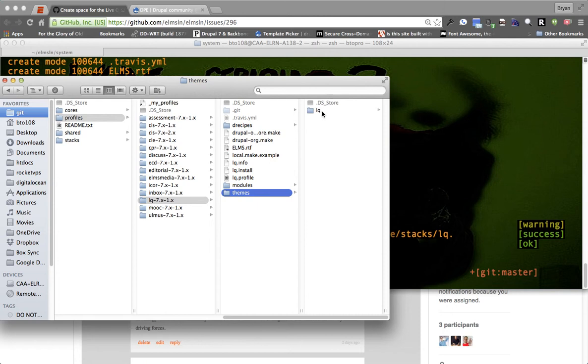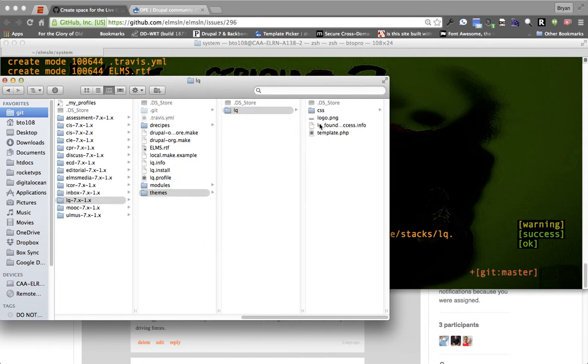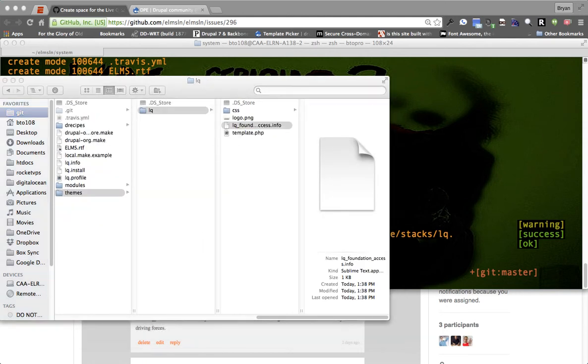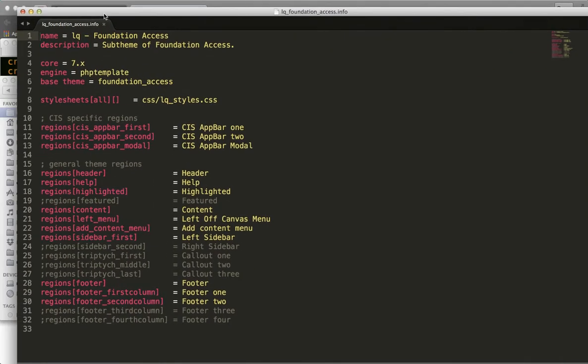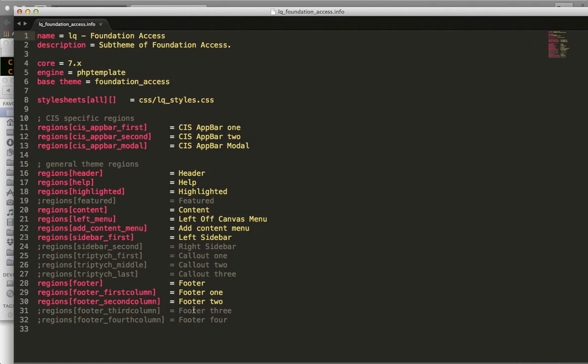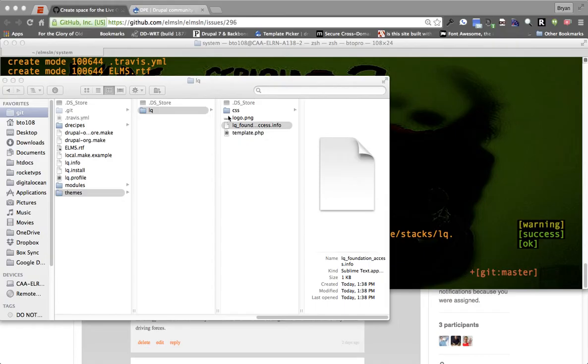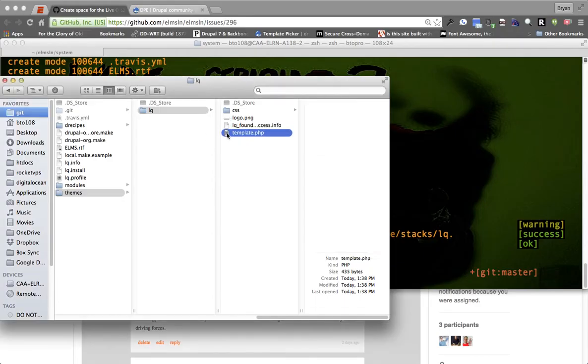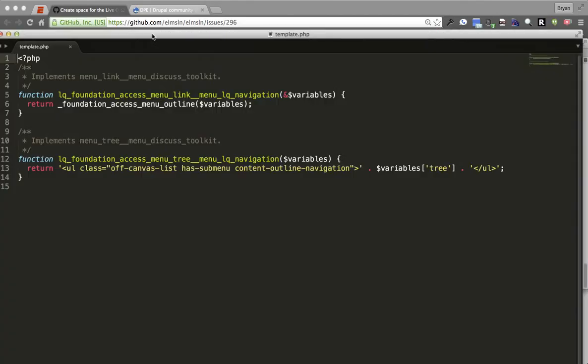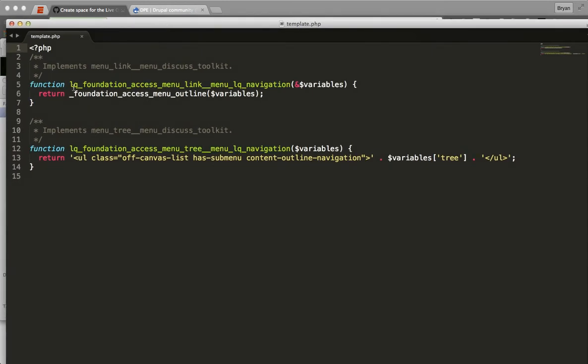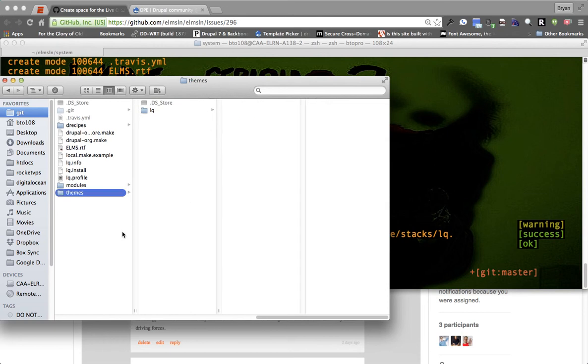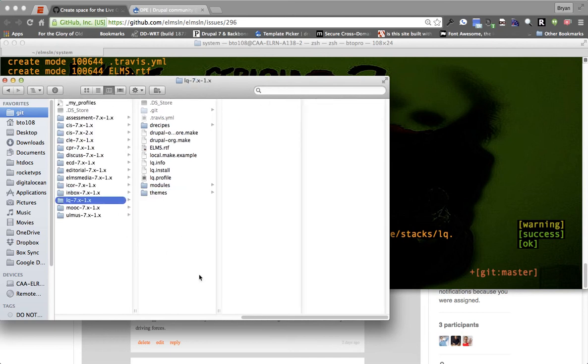We can also go into themes, and you'll see it's made a sub-theme of our foundation access theme automatically. And that looks like this. So we've got all the items that we need named appropriately. It even goes into auto-creating a template PHP that matches the pattern too. So we've got two examples here. And because of the way ELMSLN installs itself, now if I throw this up in version control, we'll be able